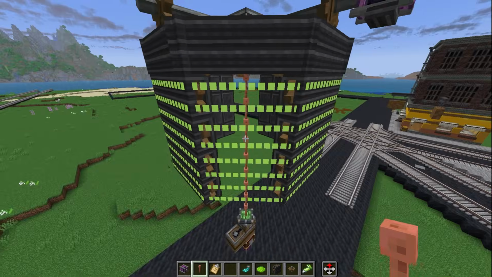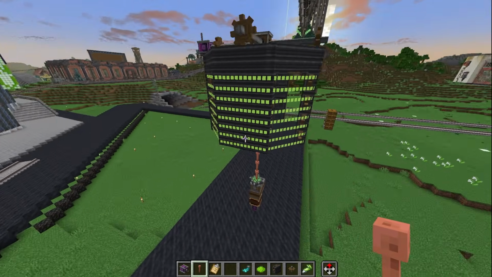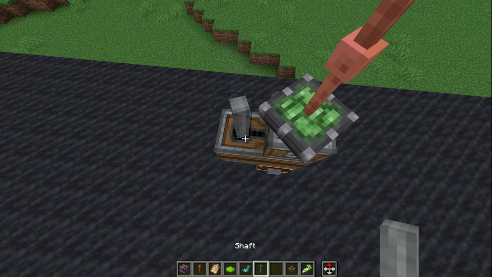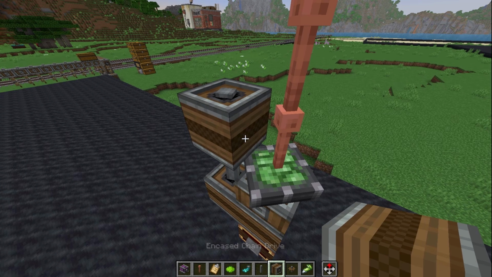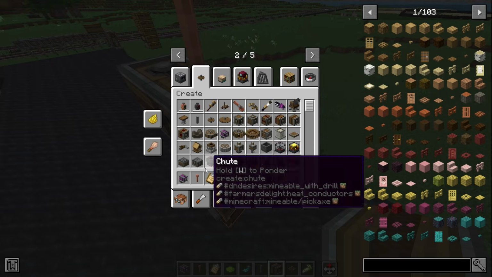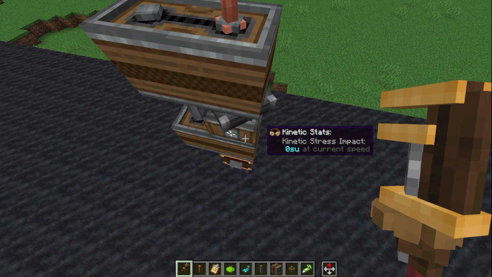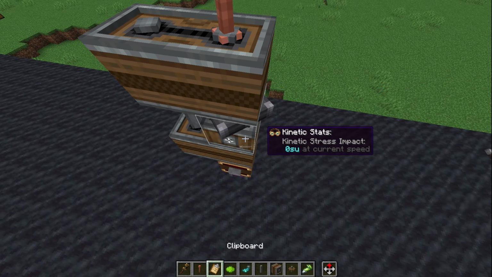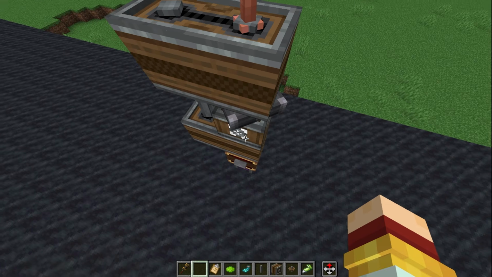And once we have all the display boards displaying the text or characters that we want to see, we can go back down here to the mechanical bearing. We can add in a shaft right here, an encased chain drive here and here. And one thing that I do whenever I assemble this part of the contraption is I make sure to not place it on top of this mechanical bearing. You'll just place this back in the world,